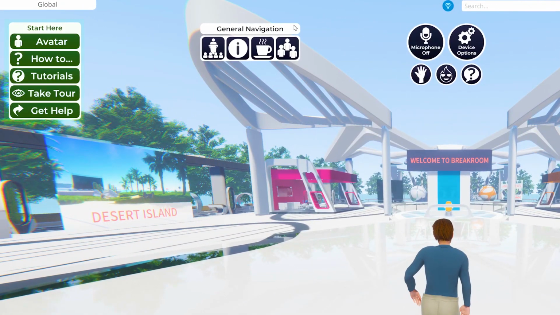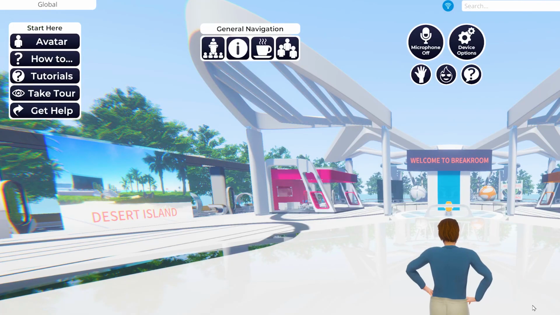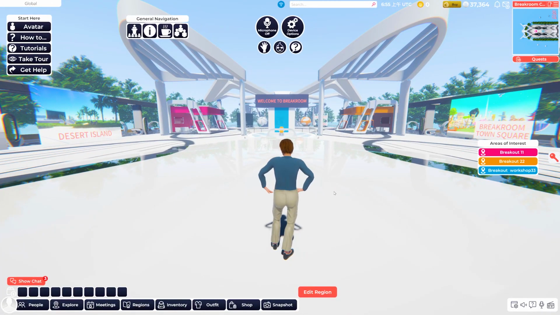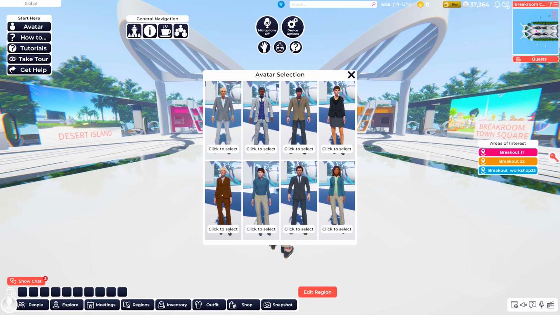The Breakroom Start Here UI comes pre-equipped in most Breakroom region templates. Depending on the setup of your region, the Start Here UI buttons give users the option to select an avatar from your default avatar collection,